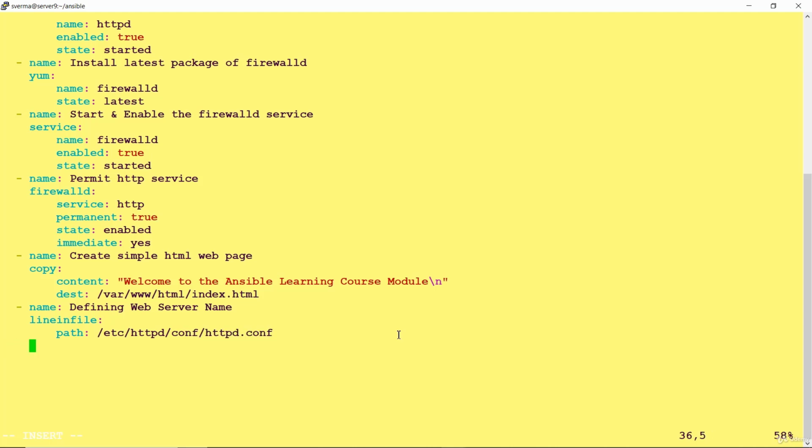Why I am using this module, I'm telling you, because I want to insert this line after a specific line. Let me tell you, insertafter. So this is my file name path, and what I want to insert, line: ServerName